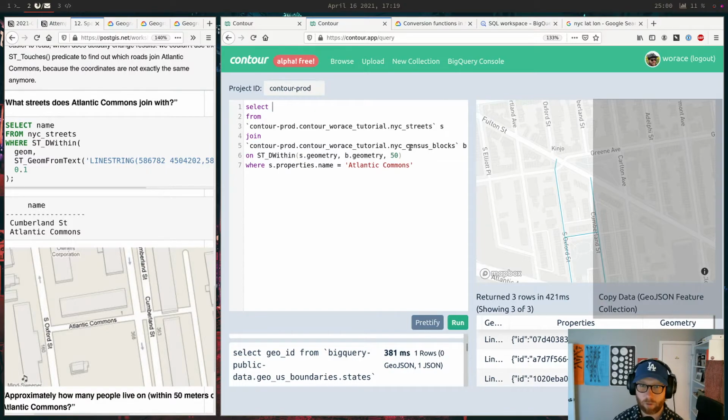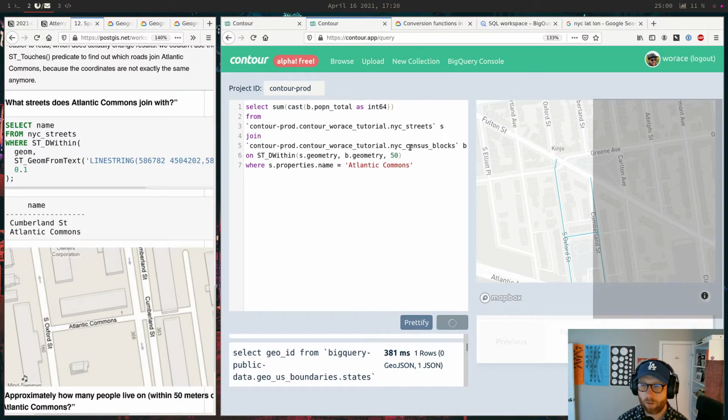Select sum, I have to do the cast again. Sum cast pop total as int64. I think that's right. So I'm going to join streets to census blocks.